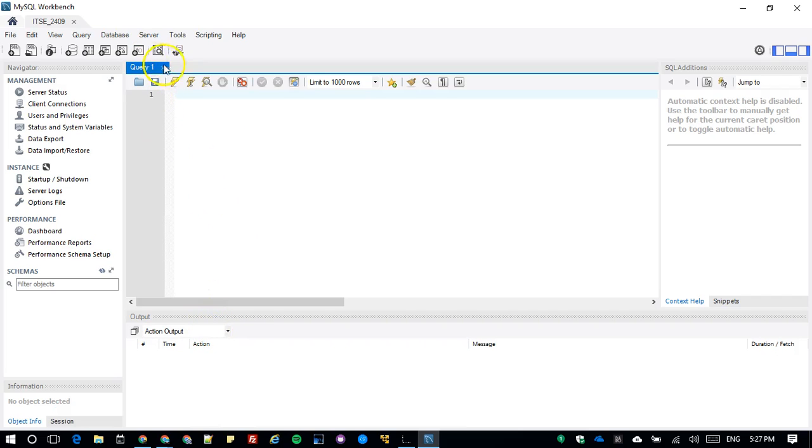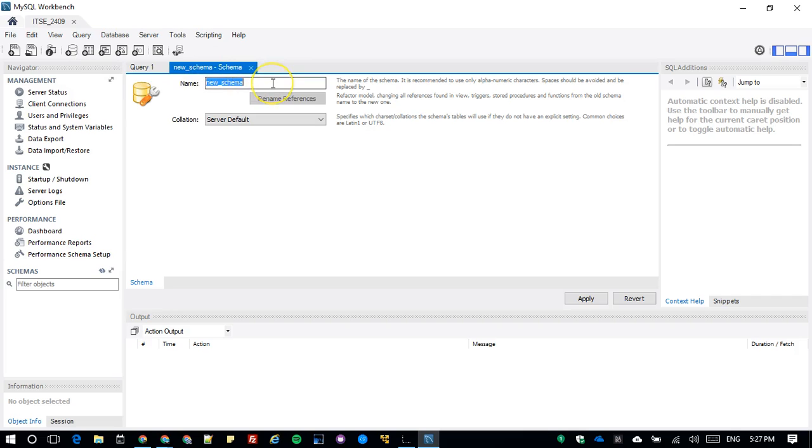So this query 1 space is where I will be pasting in the text from the files that I'm talking about. But first I need to set up something to paste it into. I need a database. I'm going to click on the 4th icon from the left, create a new schema in the connected server. This icon is universally known as the database icon. Looks like a little barrel. Click on that. And I'm going to call this